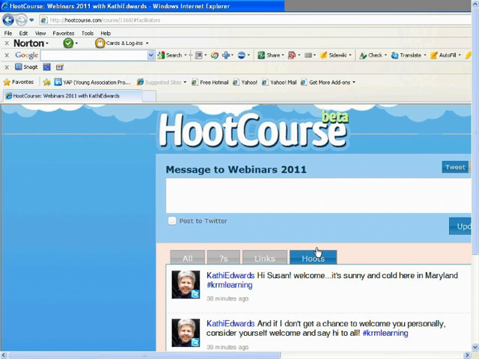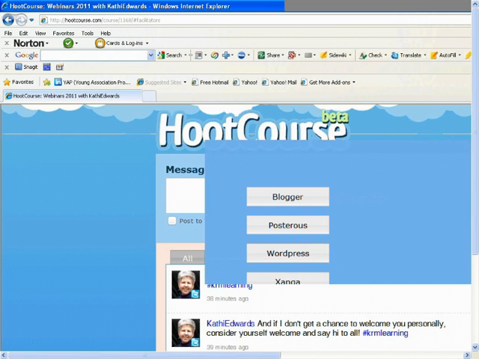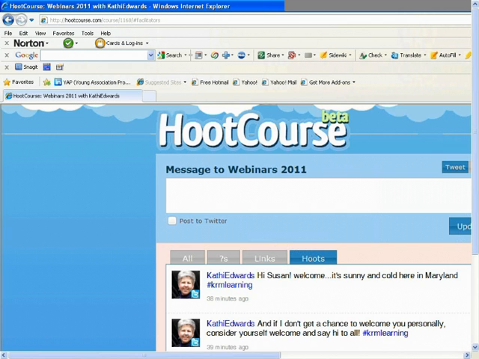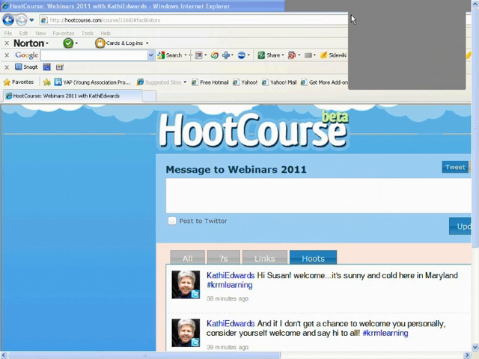You can also incorporate blogs by Blogger, Posterous, WordPress, or Xanga, where you can have people write essays and talk in longer format than people can with the tweet. So that's just an example of one particular item. You want to keep in mind that HootCourse is still in beta. It has its little hiccups now and then. However, it does work, and I'd encourage you to experiment with it. There may be other programs that you're aware of, little apps that you can use. The book Webinars with Wow Factor talks about them. So does